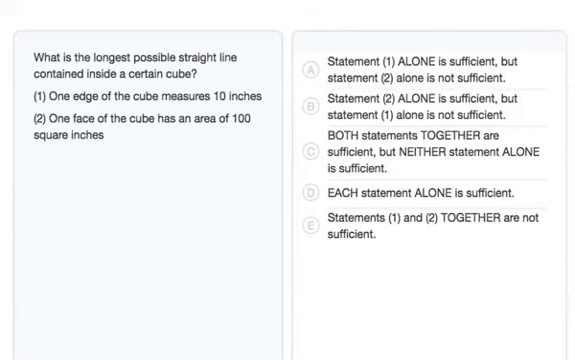To solve this data sufficiency question, we'll consider each statement separately first and then together if necessary. And the question asks us what is the longest possible straight line contained inside a certain cube. So before we dive into the statements, let's recall that the longest possible straight line inside of a cube is